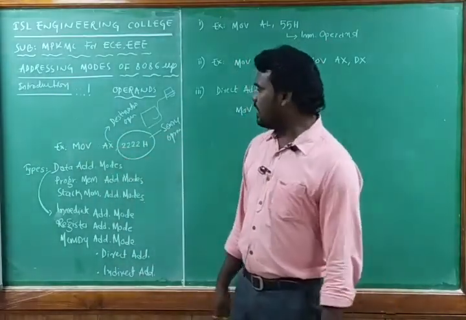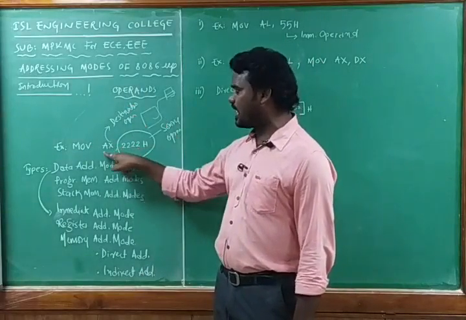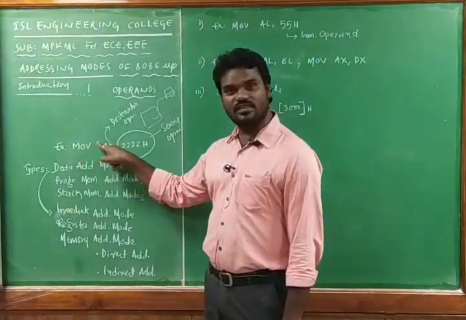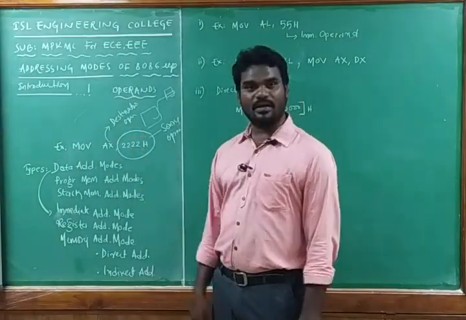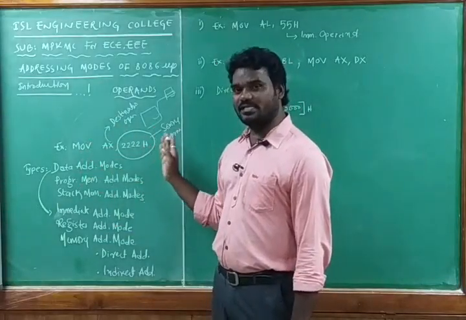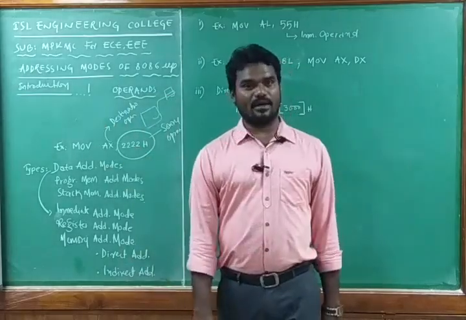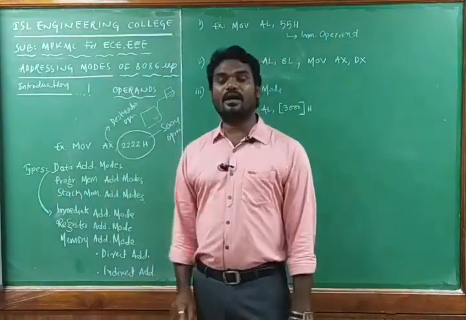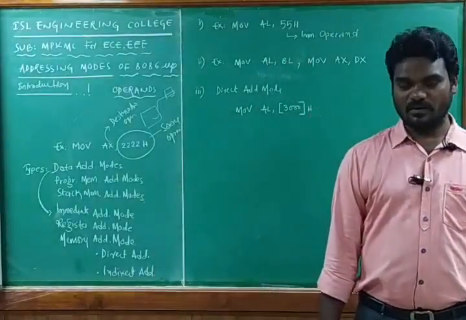That means an operand is nothing but the data on which the instruction is going to operate. MOV is an instruction, and it is going to operate on these two operands. Here MOV is saying that whatever the data is there in the source operand, it has to move into the destination operand. The source is 16-bit data, and the destination operand is ready to accept that 16-bit data. I hope I am clear.